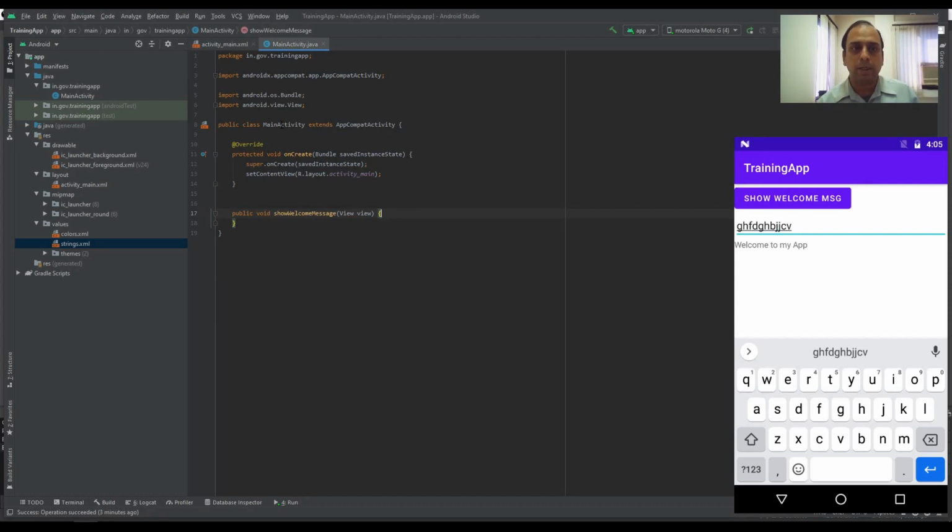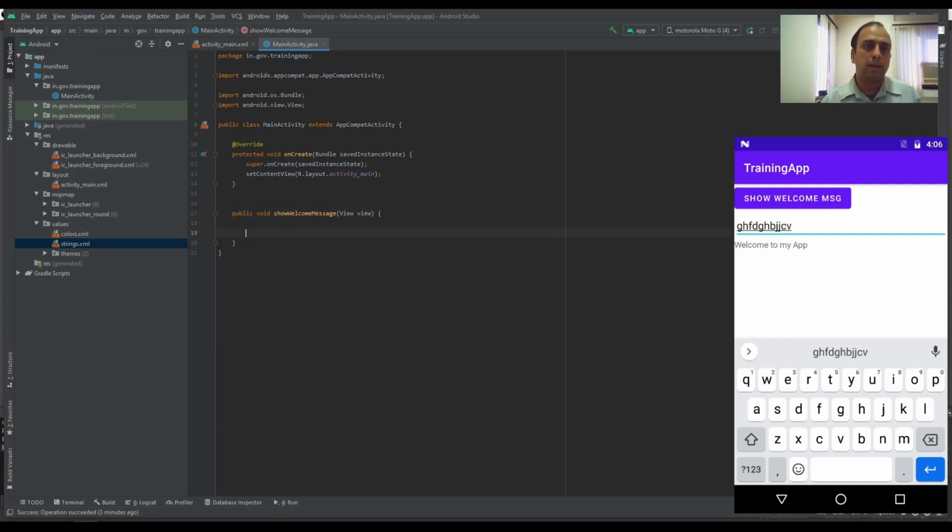Okay, within the main activity it will create a function with the name showWelcomeMessage with parameter as view, which is void. Void means it is not returning anything, and it is public. Public means it is visible to all other activities as well.